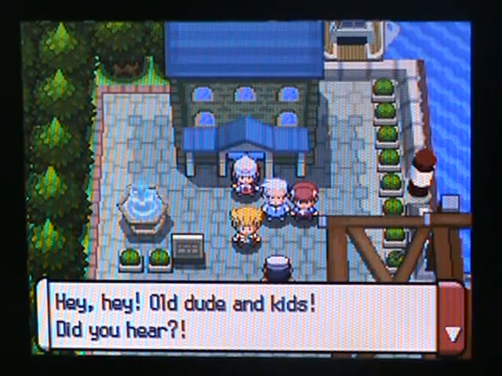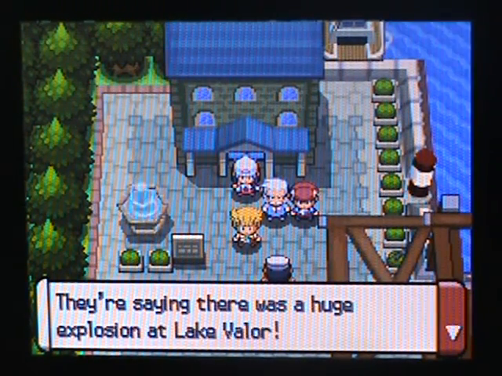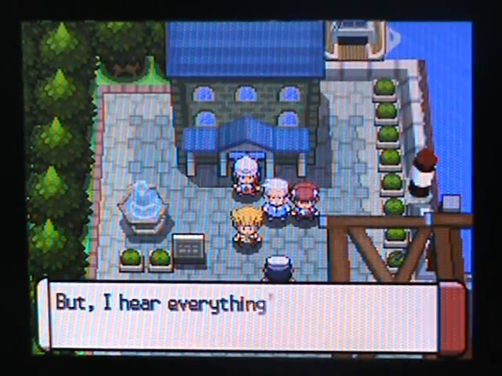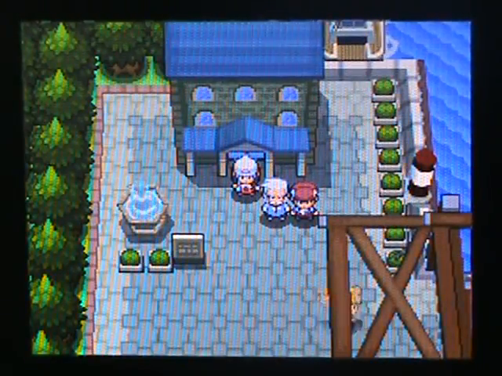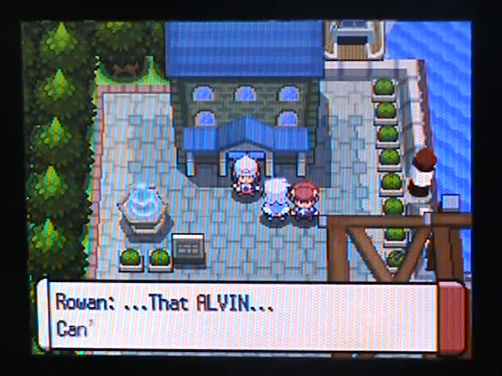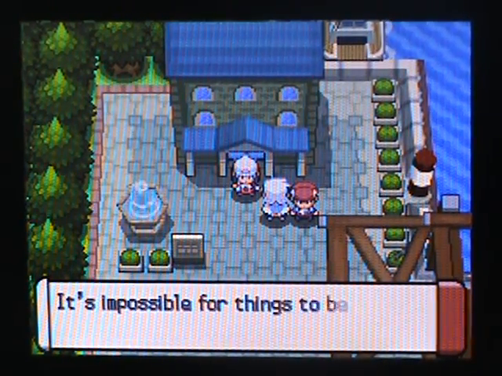My favorite line, ready? Hey, old dude and kids. Old dude and kids. I don't know why I love that line. It's just hilarious. They've made the people in this game a lot funnier. Except they made Alvin more rushed and not quite as funny. But,